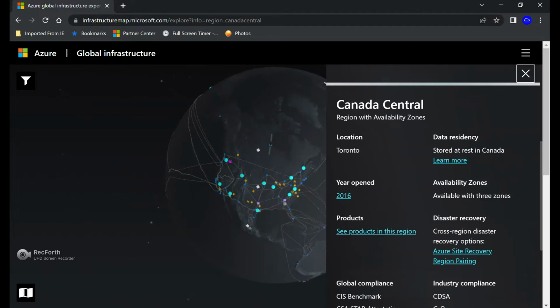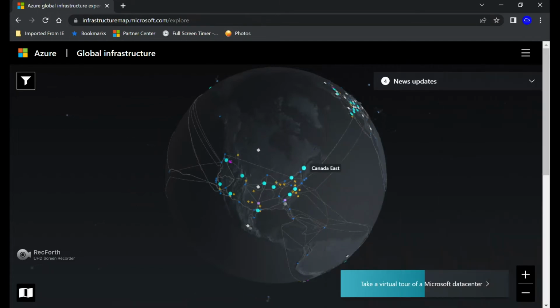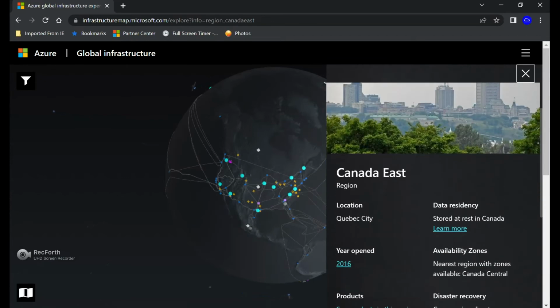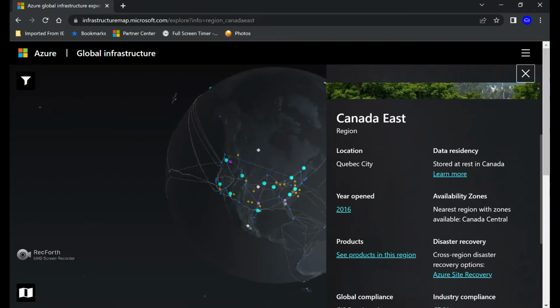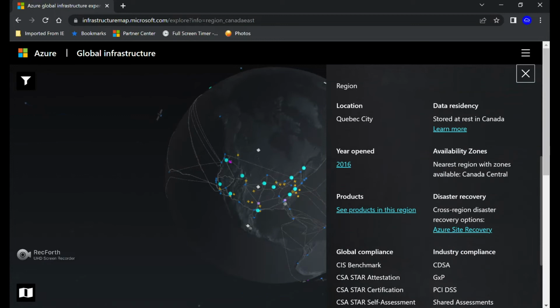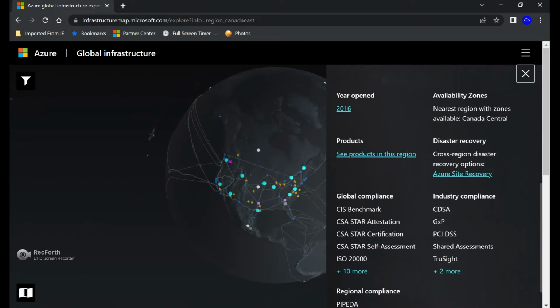And it also has a paired region, which is going to be Canada East. The idea being that you can still fail over in case something happens to your primary region and still your data will be within the geographical boundary of the country. So this was Canada Central, and if you want to look at the paired region, you can see that the Canada East region is in Quebec City, and it has also got the availability zones, and the cross-region disaster recovery